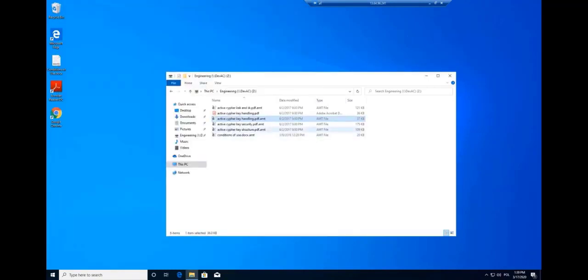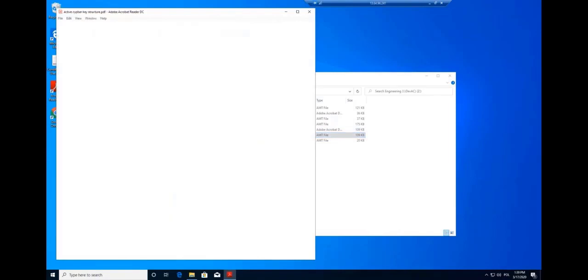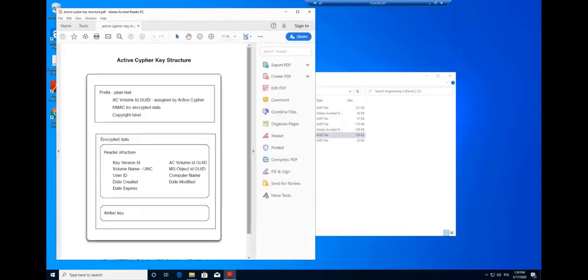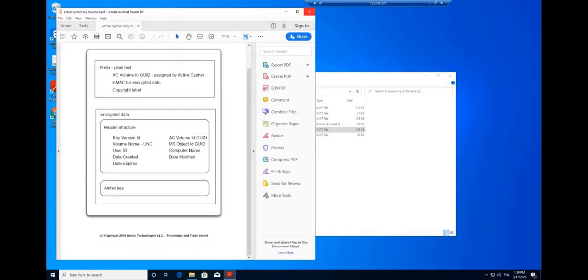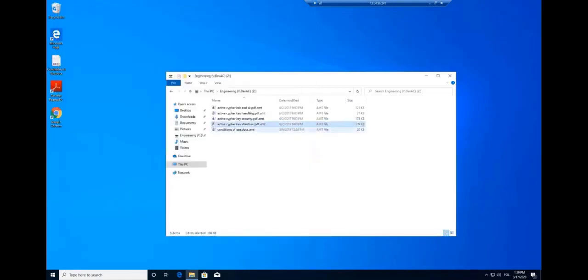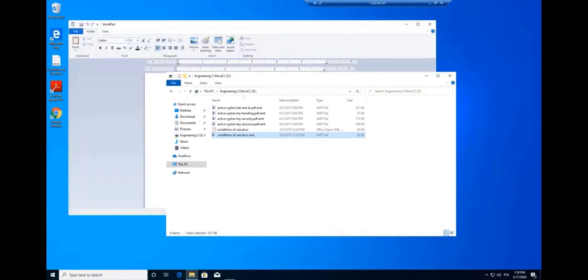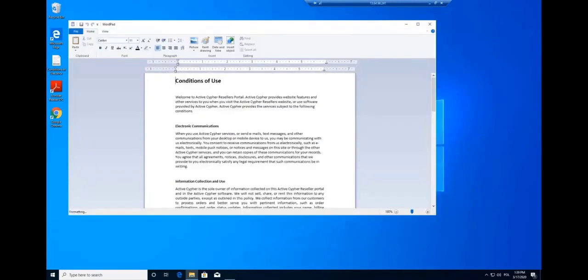In this example here, you can see the engineering folder is shared from the file server, and I'm just double-clicking on files, opening them. I can edit them, save them. There is no extra step that a user has to go through in order to make sure the files are secured, or any extra step that they have to do in order to decrypt the files. The user works as they normally would, and behind the scenes, all of the encryption, decryption, verification, validation is handled silently without the user